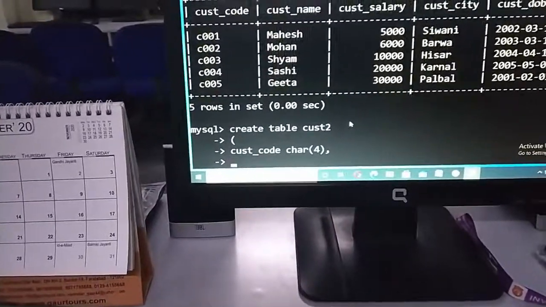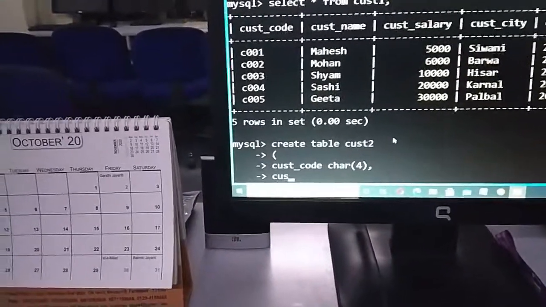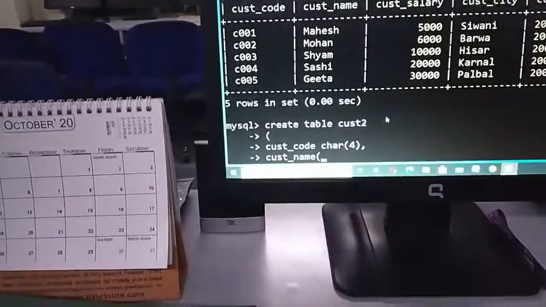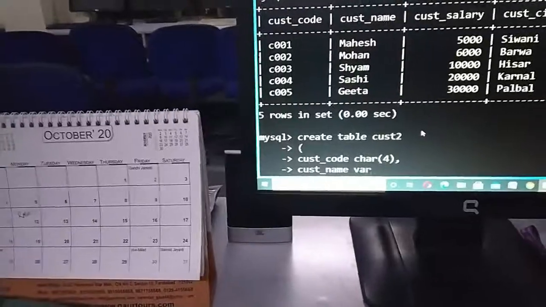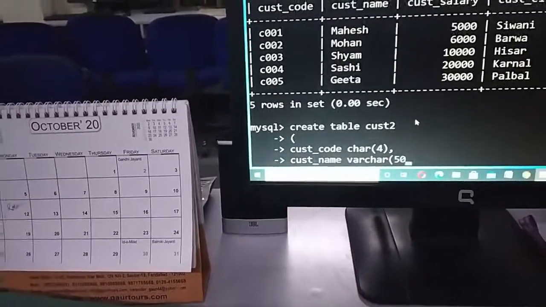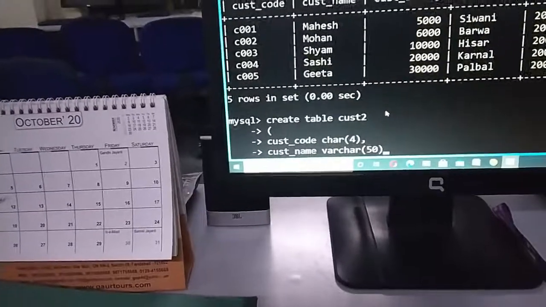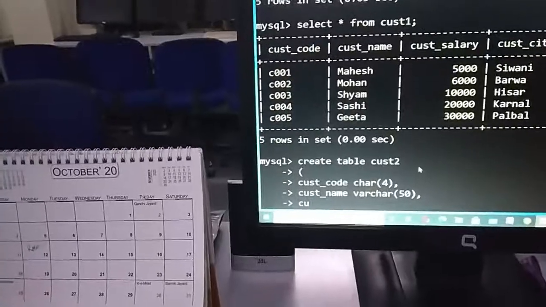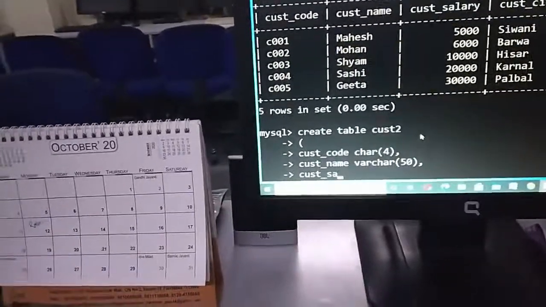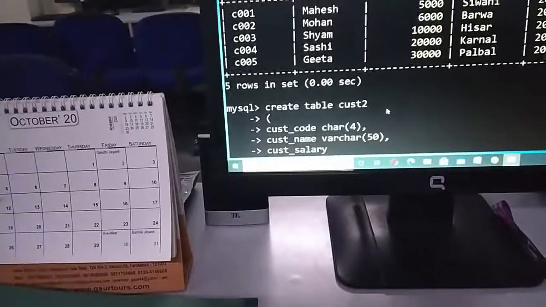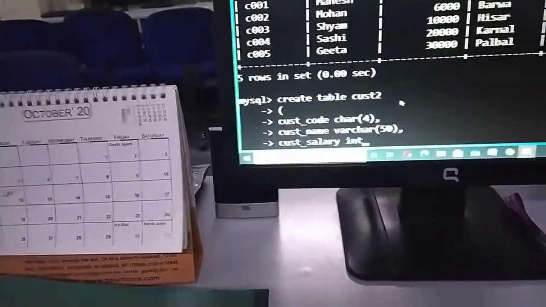Now second is cust name. Cust name is a varchar. You can give the maximum, but if it is less than the old table from where you are getting the data, it may give you a problem. And then cust salary. Cust salary is a number or integer, so simply you can say int.